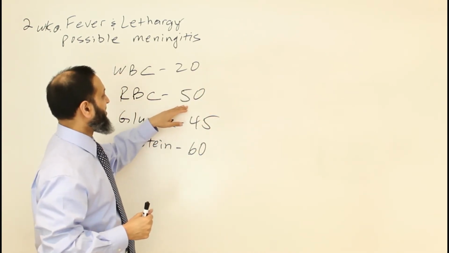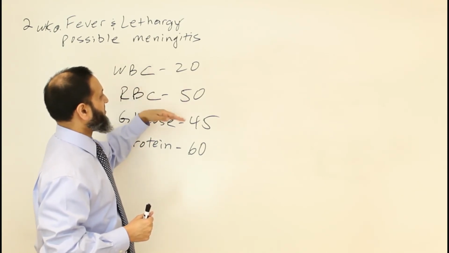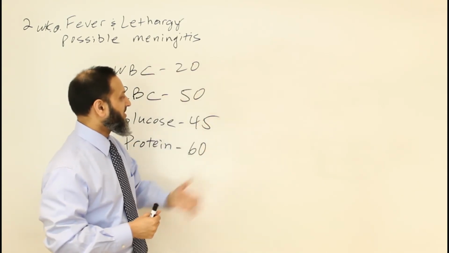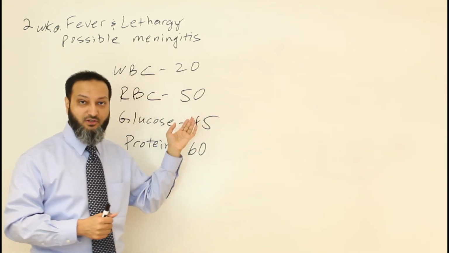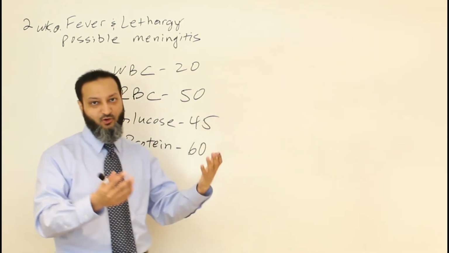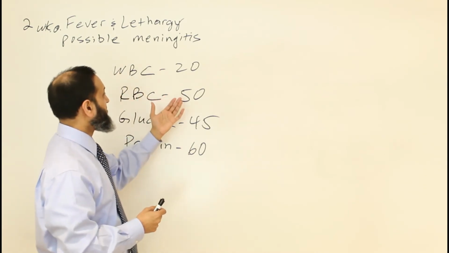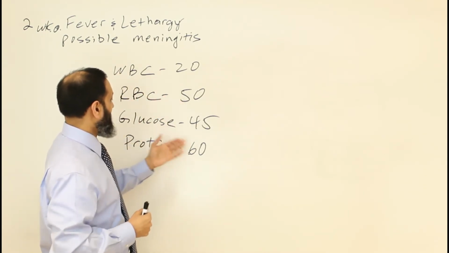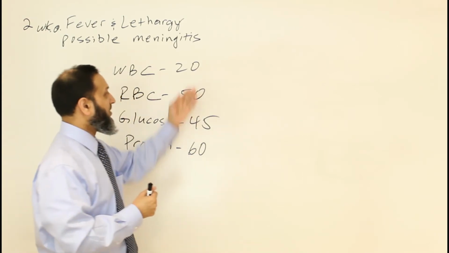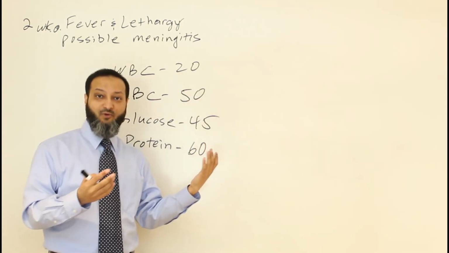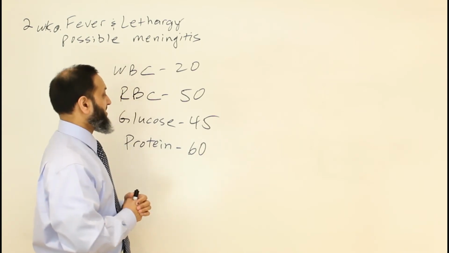You can't really do the ratio here with RBCs to WBCs. It's like 5 to 2 or something. The ratio is typically used when you have thousands of red cells. So in this situation, you can't use a ratio and correct for it, okay? So it's 20 white cells, 50 red cells, glucose is kind of normal at 45, protein is kind of normal at 60. So the 20 is more than the 5 white cells that we talked about earlier, so potentially consistent